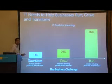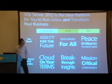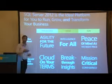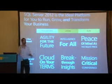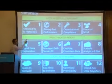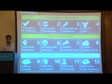So Microsoft has designed the new SQL Server 2012 to match the three different goals. For agility, in cloud terms, to make the transformation. Intelligence, to grow and to gain more insight from your current data to take the right decision. And then run, to be able to sustain your current application on a high performance and highly scalable, mission critical infrastructure. To match the three different goals, we have different features in each goal that will cover part of this presentation. We have 12 main parts of this presentation, and we're going to talk about them one by one. But before I go on with this,